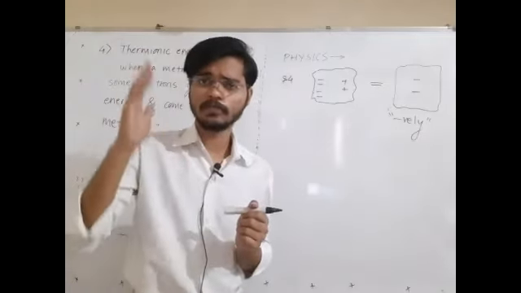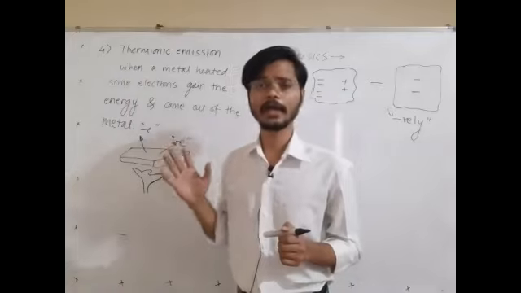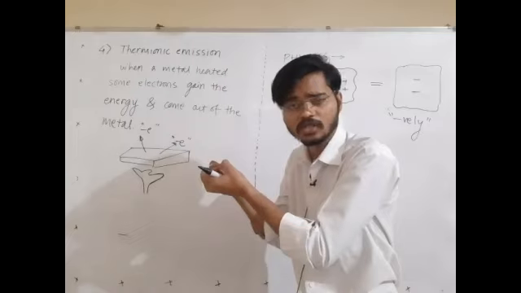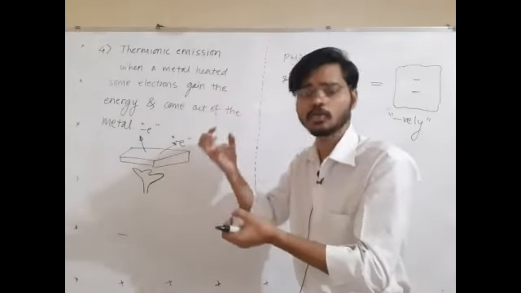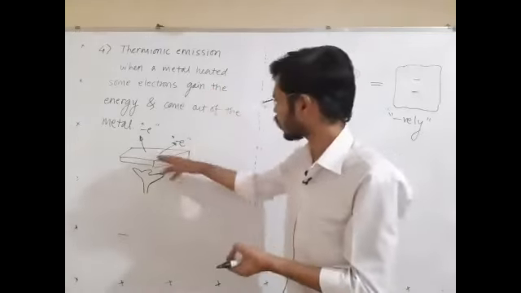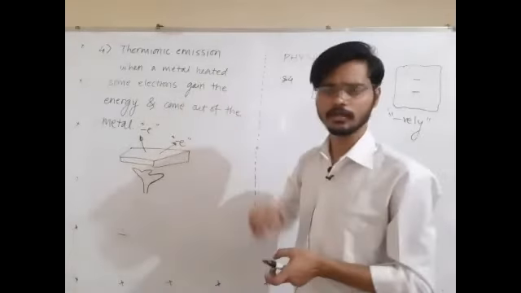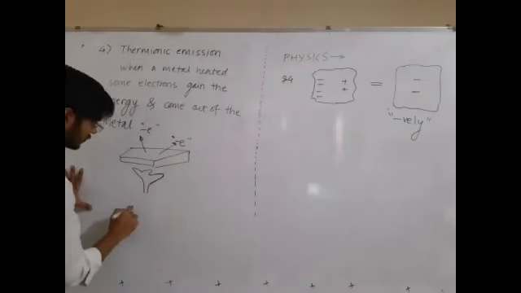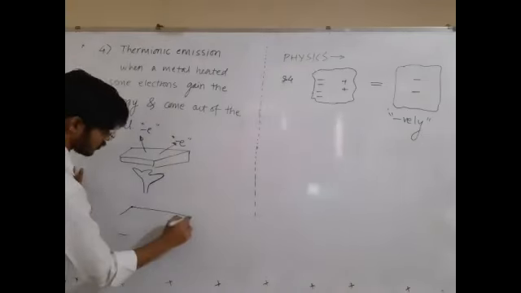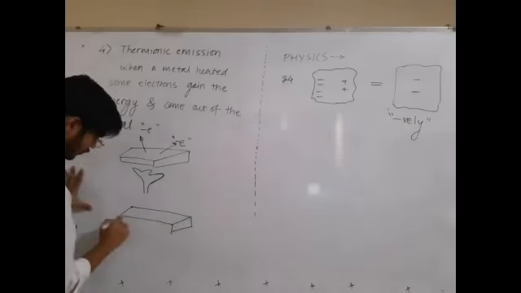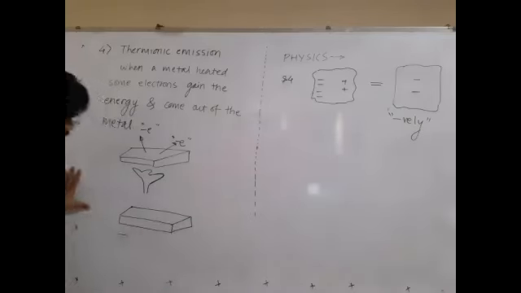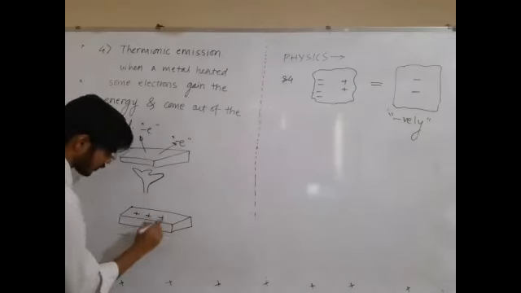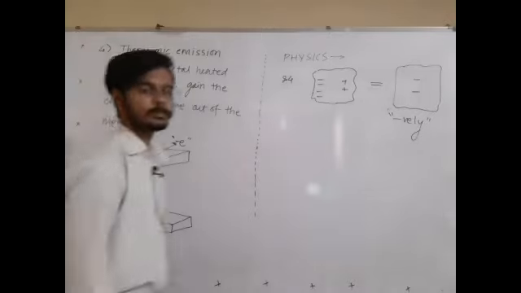Those electrons have very high energy, they have absorbed the thermal energy, so that now the metal cannot hold them. They can go out of the surface of the metal, they can leave the metal, and thus the remaining metal becomes positively charged. This is called thermionic emission. You heat the object, some of the electrons will escape from the object, so the remaining metal will become positively charged. Got it? Reply me in the chat box.